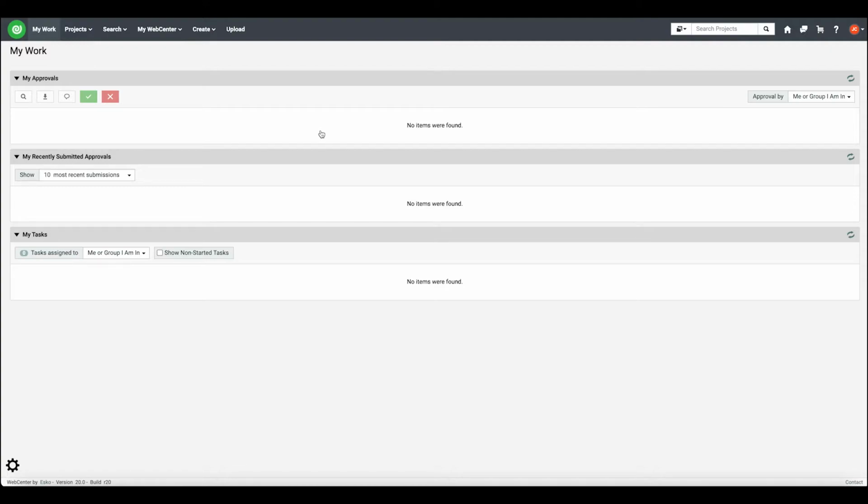So first, let's take a look at John's My WebCenter navigation section. So we can see all of the default options such as my profile and my password, but we see he doesn't have the ability to create users. So let's log into WebCenter as an administrator,